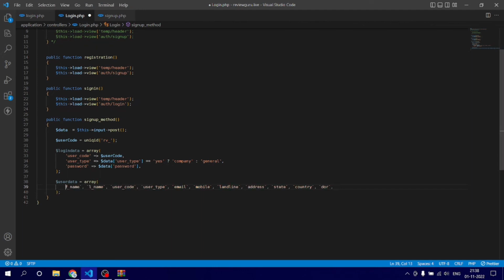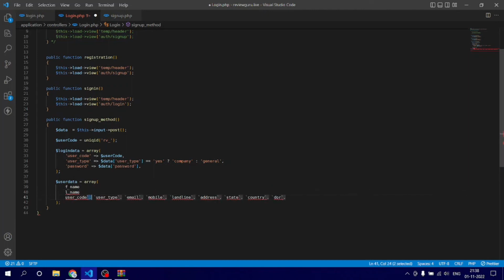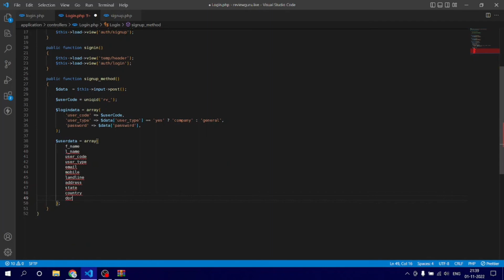Okay, just going back here and set it as needed. This is the array format,